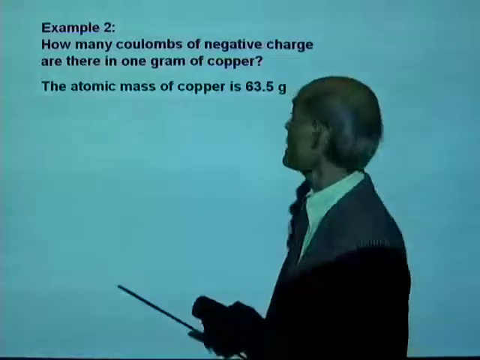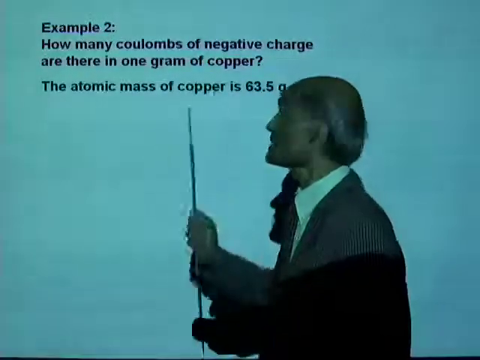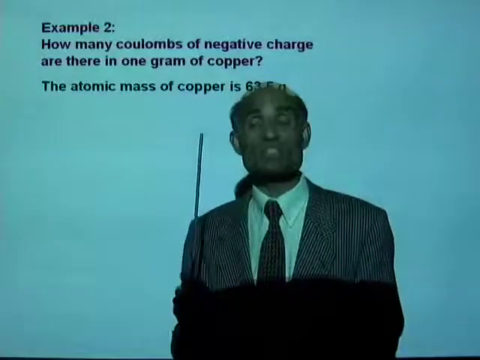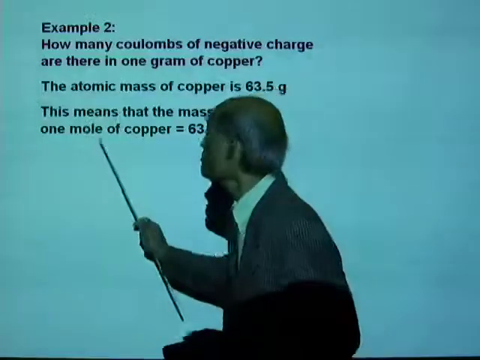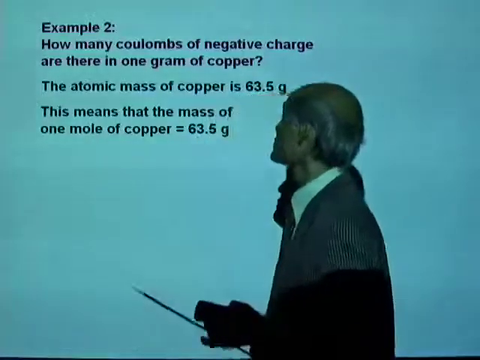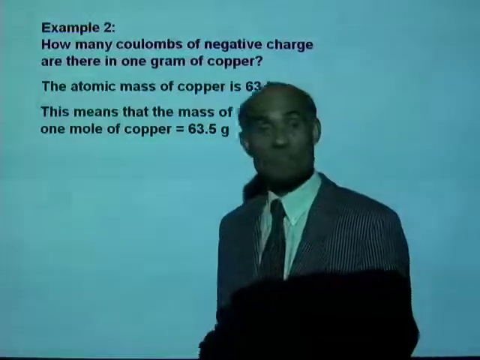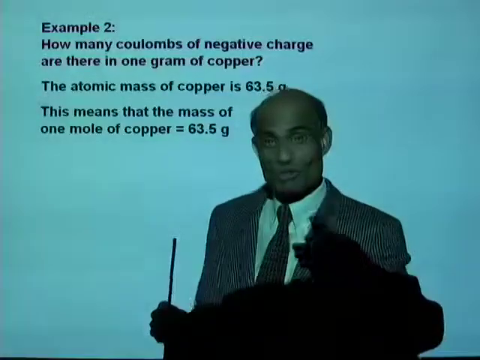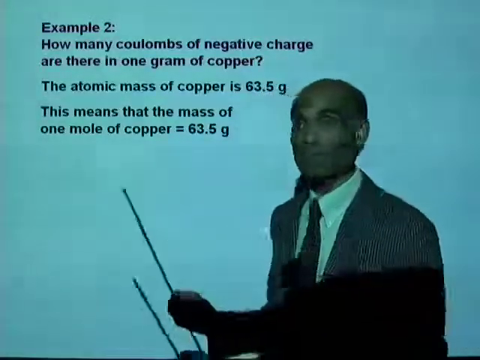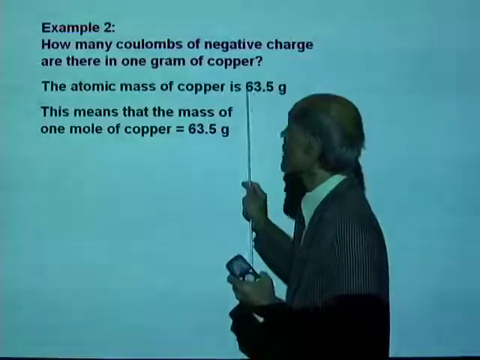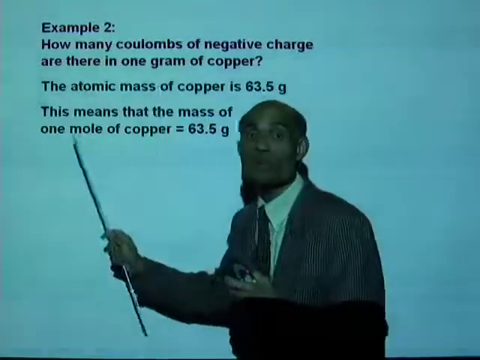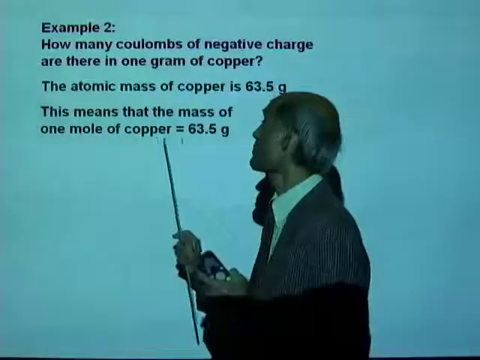What is the atomic mass of copper? 63.5 gram. This means that 1 mole of copper is 63.5 gram. That is the meaning of atomic mass. We talked about it in the last unit. So atomic mass of copper is 63.5, means that 1 mole of copper has a mass of